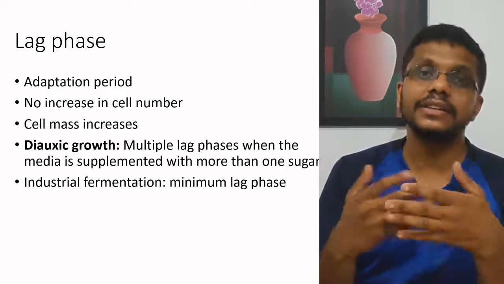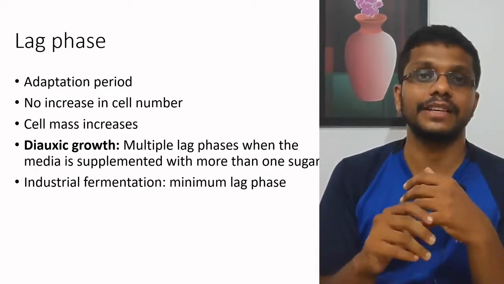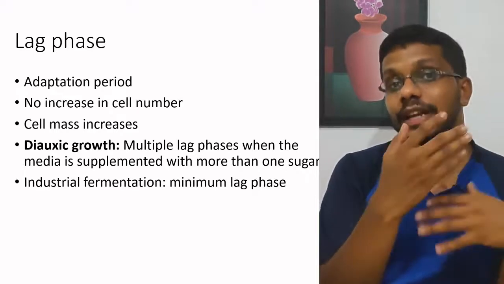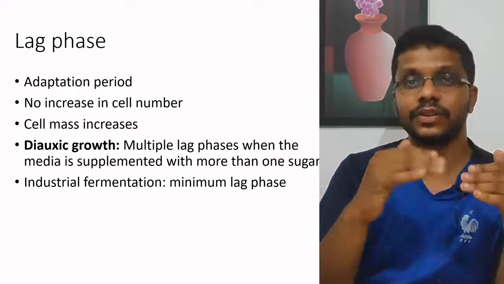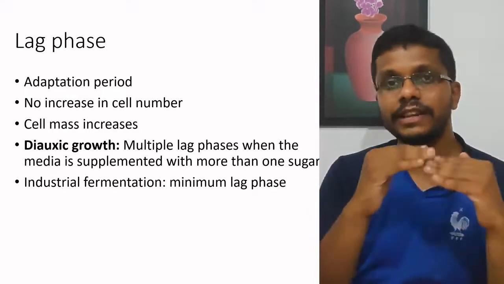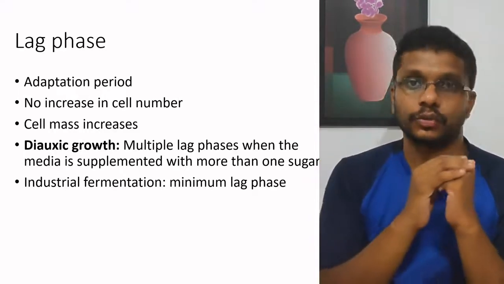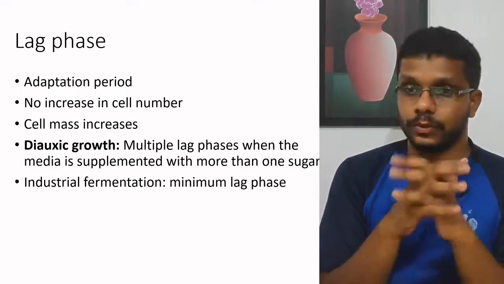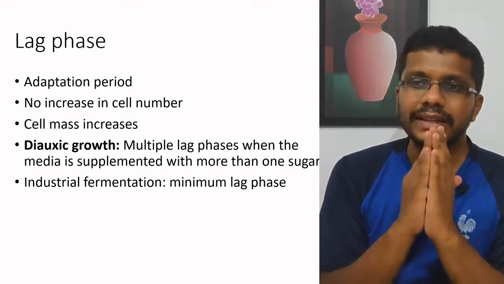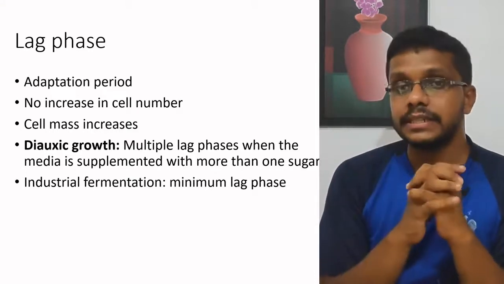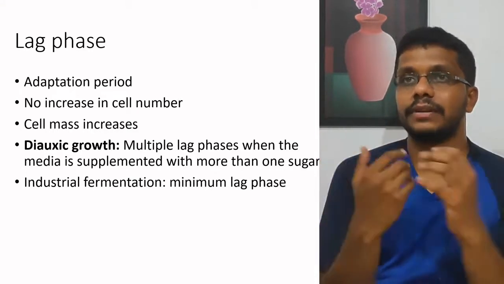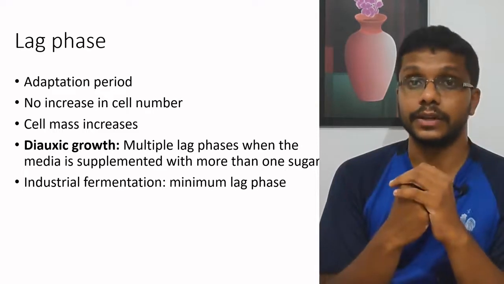Okay, after sucrose is depleted from the medium, it needs to adapt to the starch. Once the adaptation phase is over, again it shows a log phase. So there will be multiple lag phases in the growth of a microorganism. That's called diauxic growth. In the lag phase, there is actually no growth of microorganisms, at least in terms of number, so we cannot calculate the kinetics of the growth